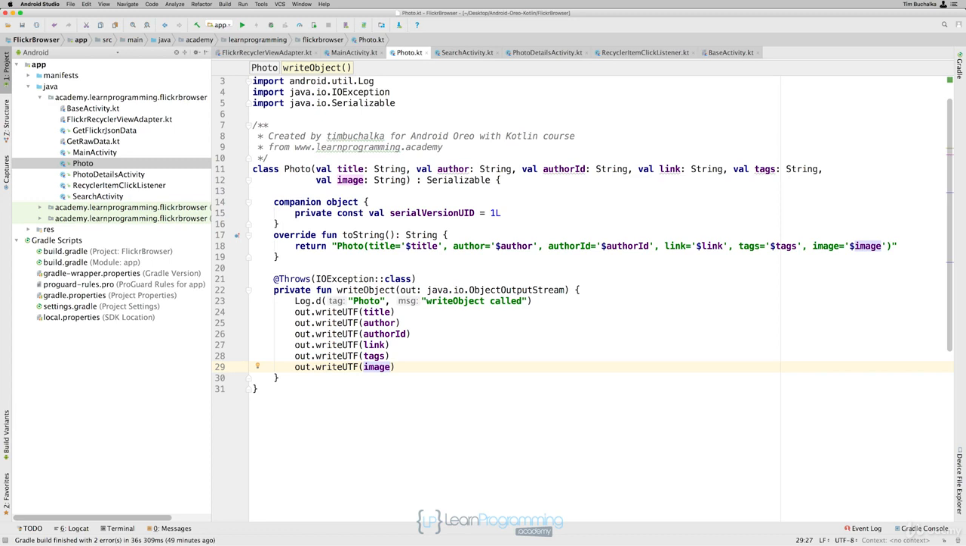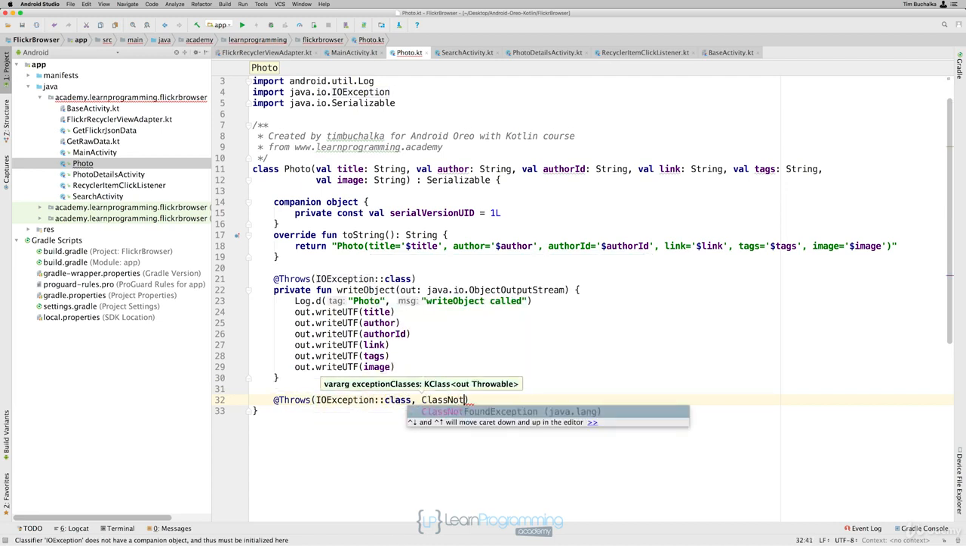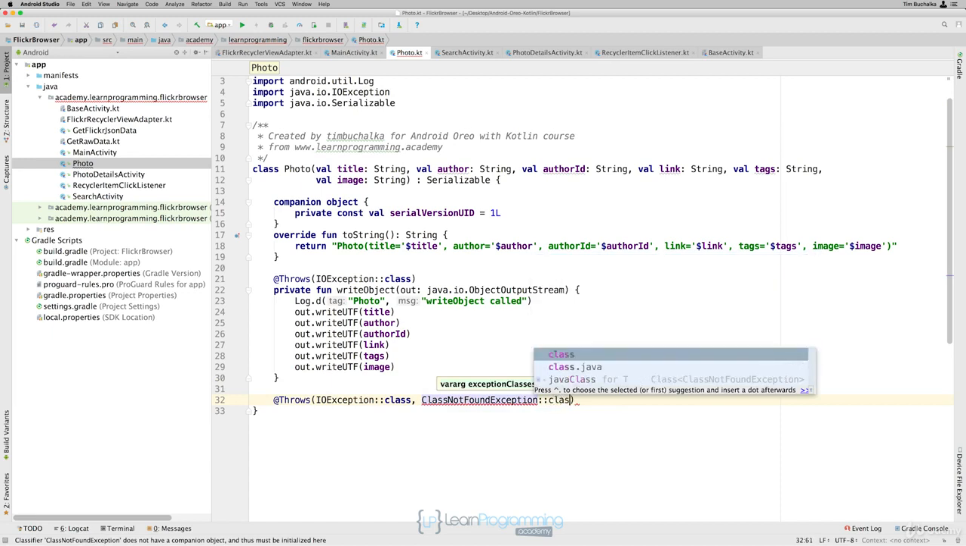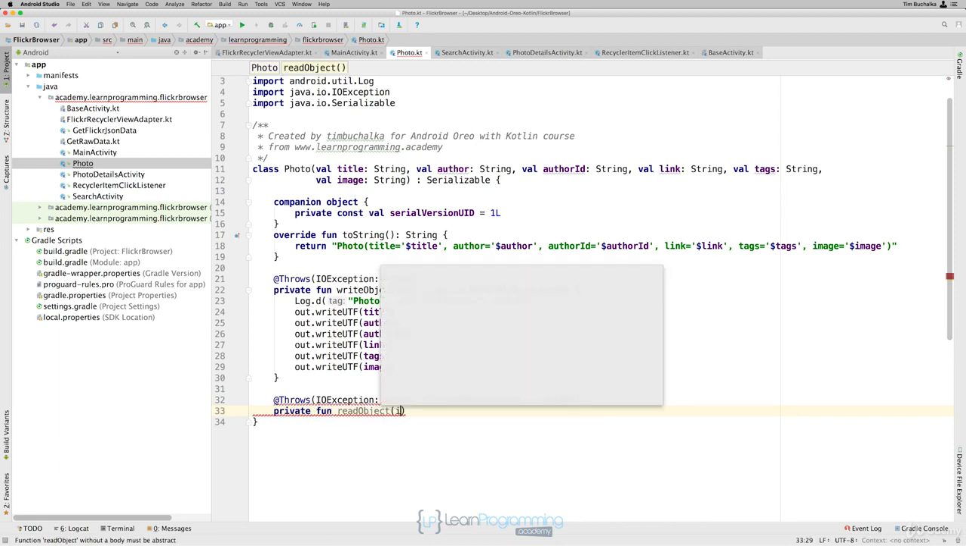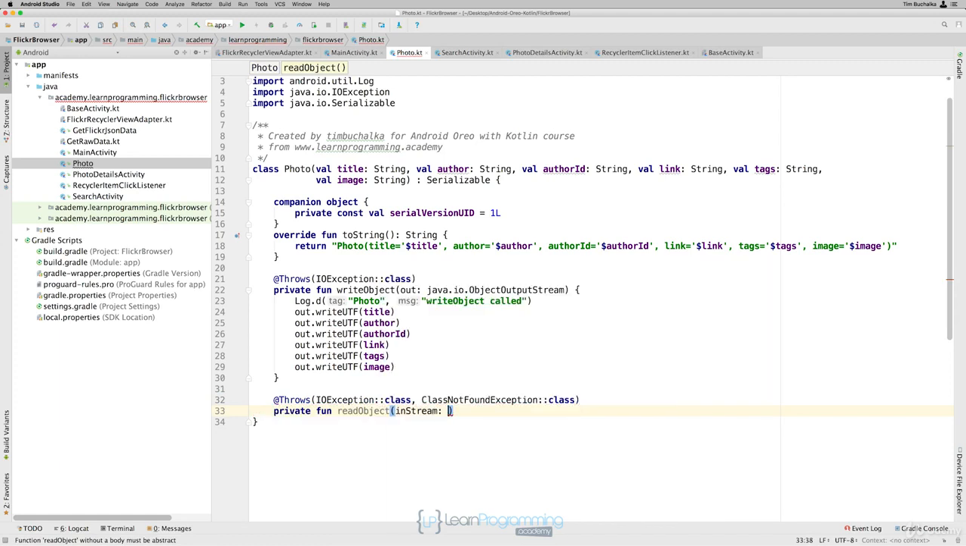Now, the next one's a complementary function to take data off the stream and set the values into our class properties. So let's go ahead and do that one. We'll start with an annotation again. So at throws, parentheses, can be IO exception, ::class, comma, then class not found exception, ::class. Then the actual function definition will be private, fun, read object, parentheses, in stream, that's going to be